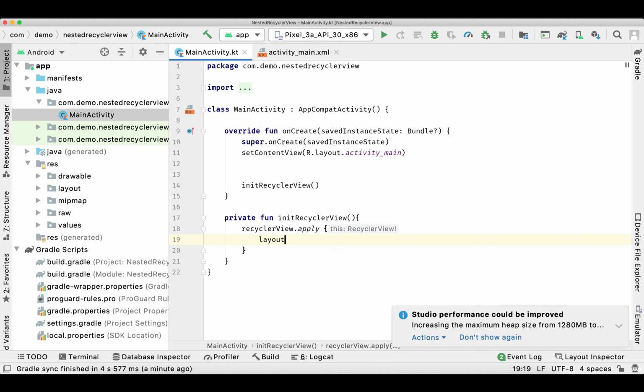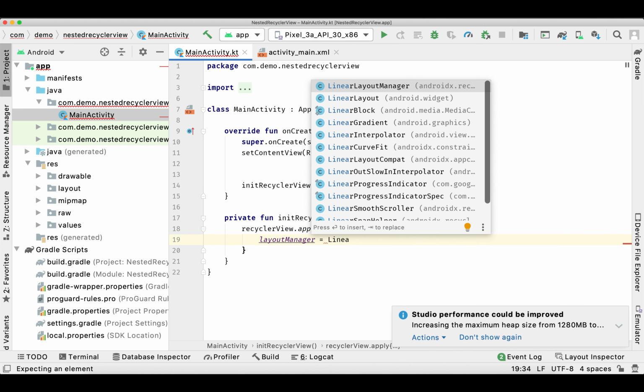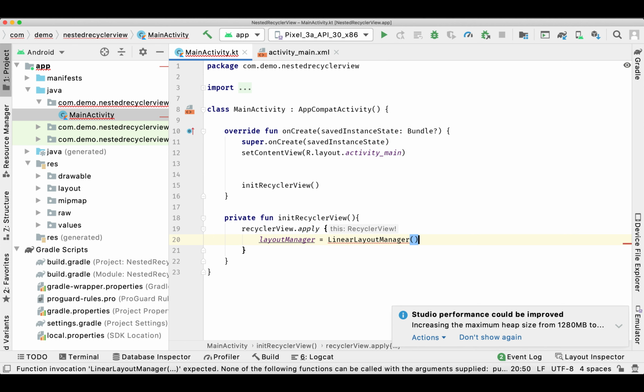And as you know, when we need to initialize, we need to add a linear layout manager to our recycler view. Also, we need to add an item decoration just to add the separator, and the adapter.